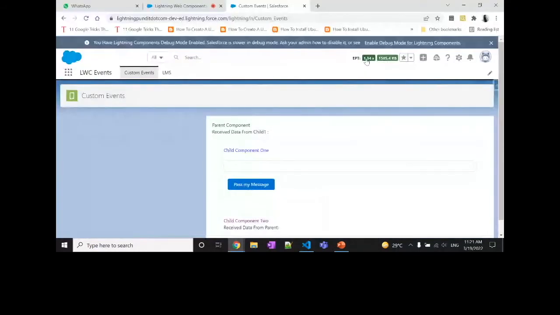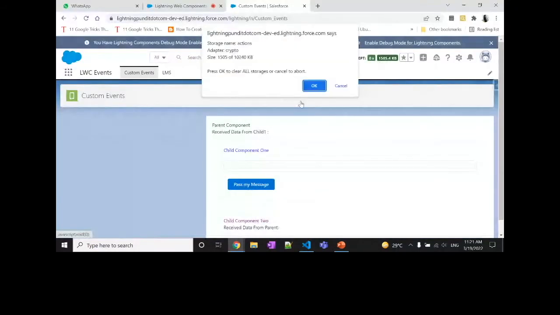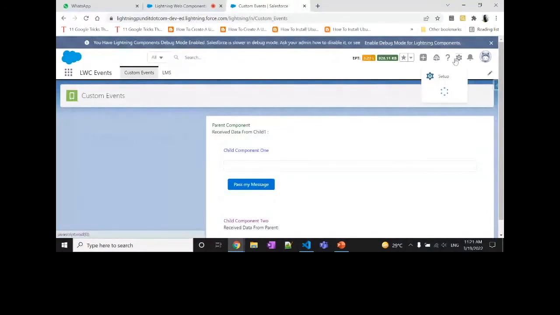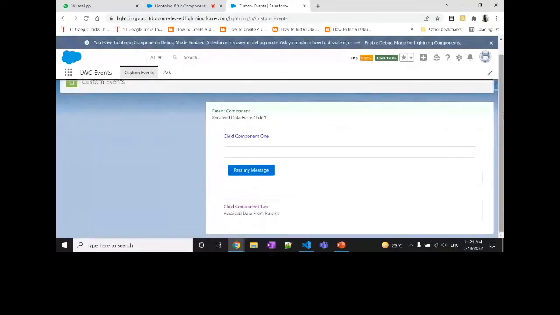So how do we use this debugger? First of all, we have to enable debug mode. From settings, we can enable debug mode from setup here. If we search in the quick find, we can enable debug mode for any given user. I have already enabled debug mode,